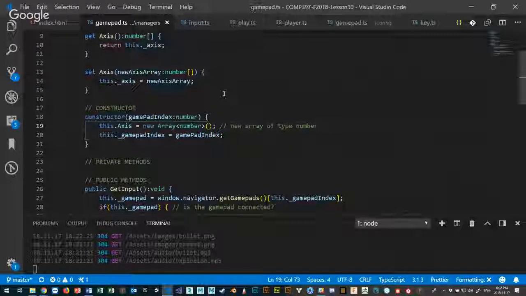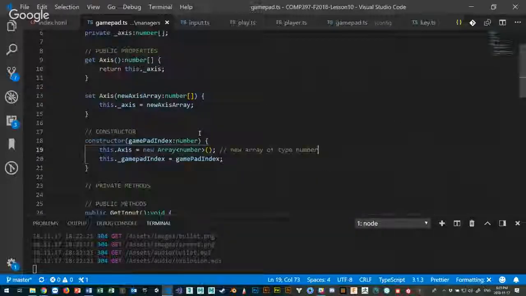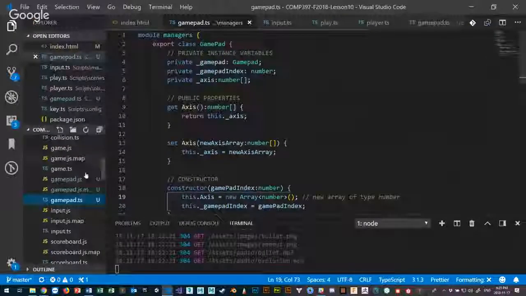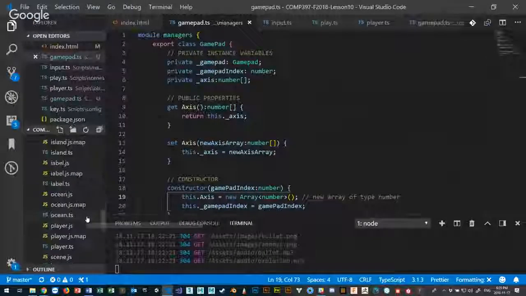But now that I've got it connected to my machine, I need to call the Gamepad Manager somewhere. Like I got to make a class called Gamepad Manager, and I've also got to include my gamepad.ts and the managers inside my index.html. So let's do that first. So in my index.html,